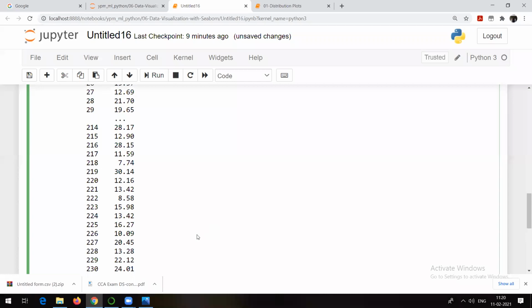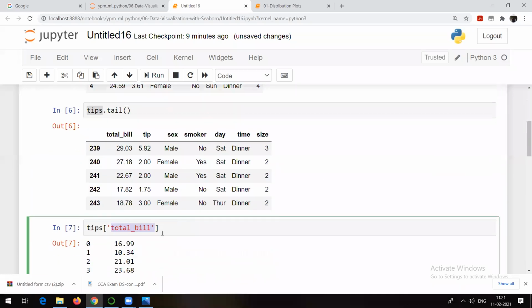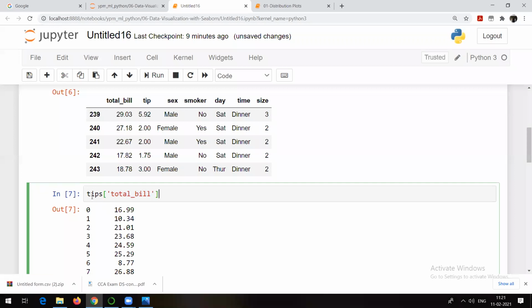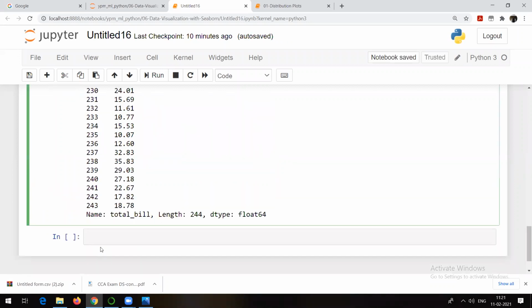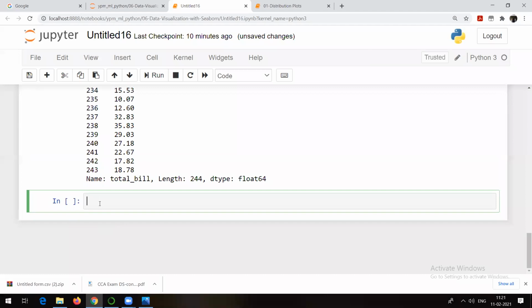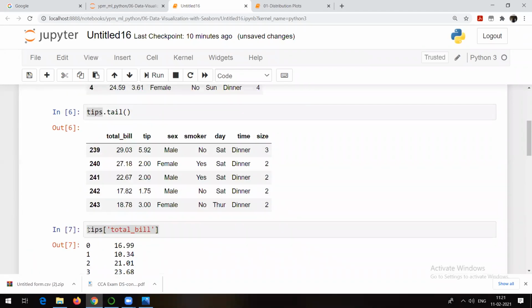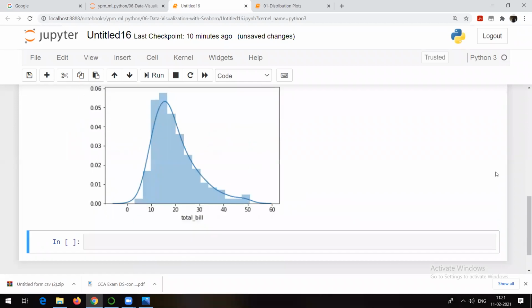Now I want to understand how the data from this column is distributed. There I can make use of a distribution plot. How? I am going to pass this particular command as an input to the dist plot command. Let me directly show you the command here itself. See, sns dot distribution plot. I am pressing the tab button, so it is just auto completing. And I am placing this particular thing inside this dist plot method. Now let me run it. Now you will be able to see the visualization.